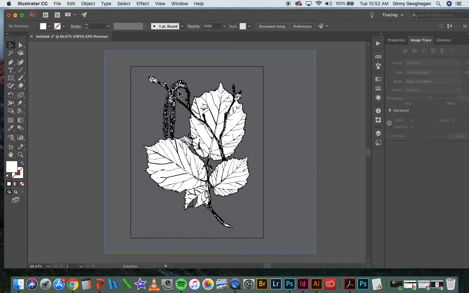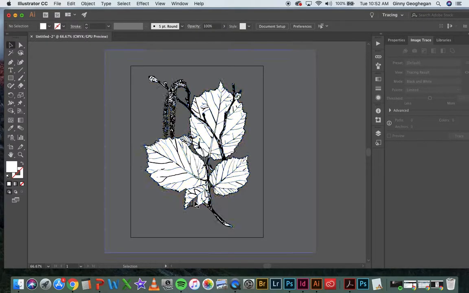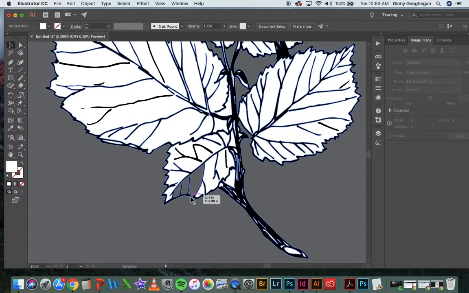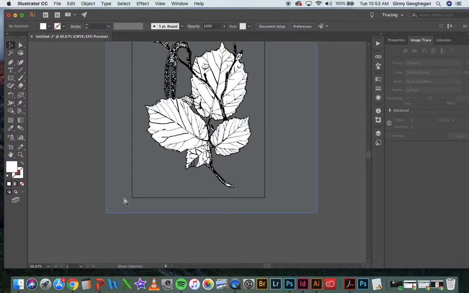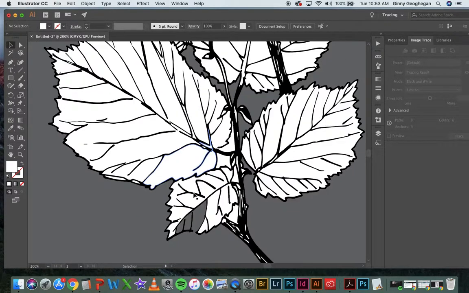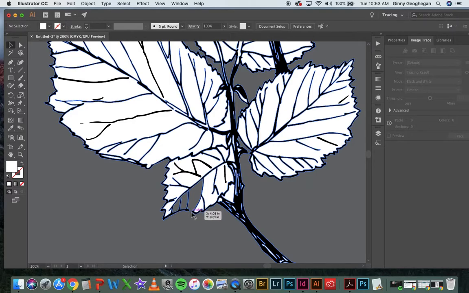But you've probably picked up on the fact that there's a problem. And the problem is that part of the inside of this leaf got deleted. I'm going to zoom in. The reason is because this gap here. So when I clicked out here, it was like, okay, I'm going to delete all the white parts that are connected, which is like all this outside part. But because when I live traced, there was a lighter area here that the algorithm interpreted as white, it made this little, almost like a river overflowing, it made this little way in so that this interior part of